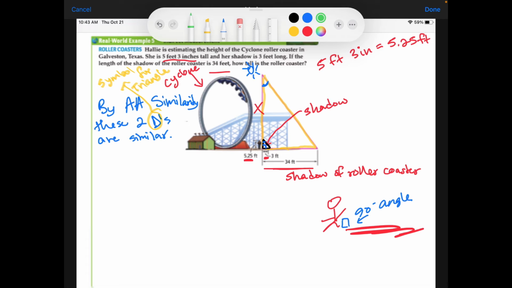So I can compare the two bottom parts, this bottom part of the triangle with this part. Those two are corresponding, they're matching, right? So I'm going to put the 3 at the top and compare it to the 34 on the bottom. So 3 is comparable to 34. Now I'm going to go in the same direction and compare the smaller one to the big one. So the smaller height would be 5.25, and